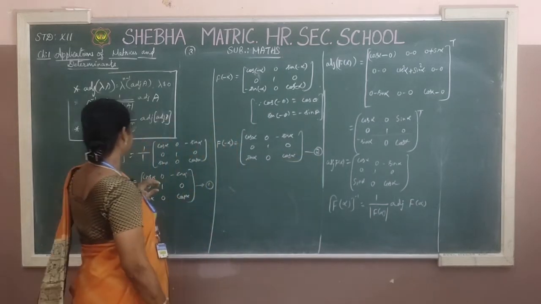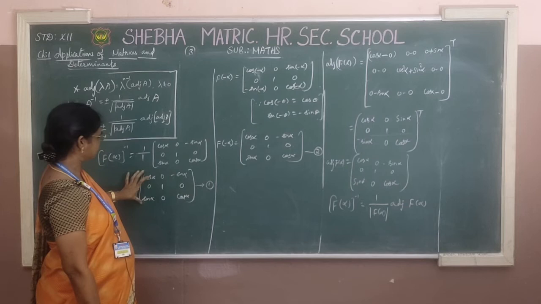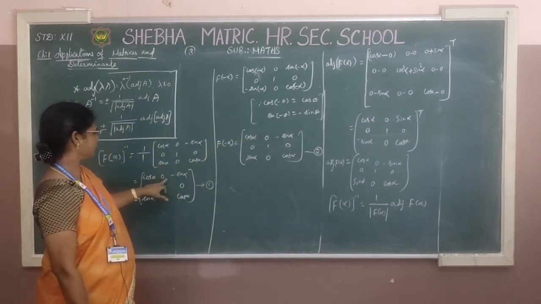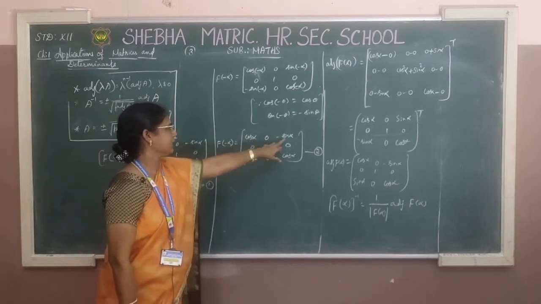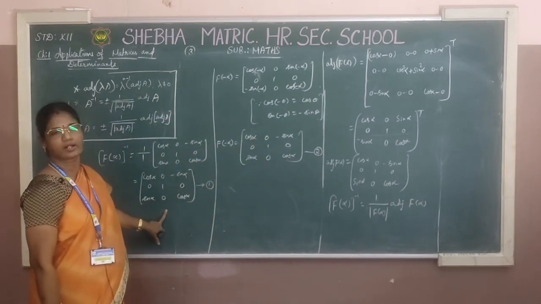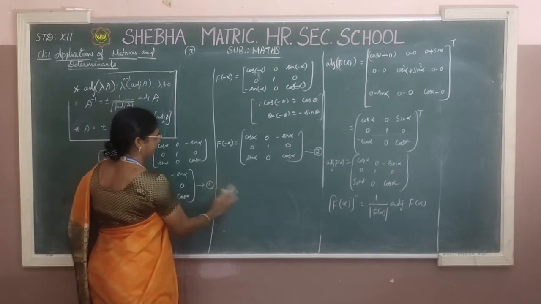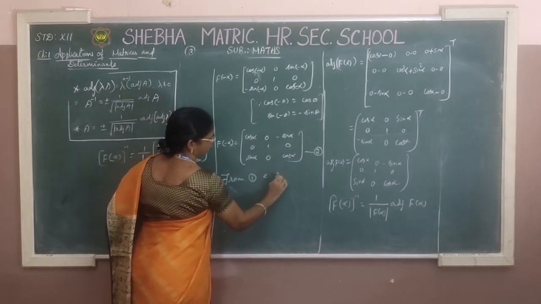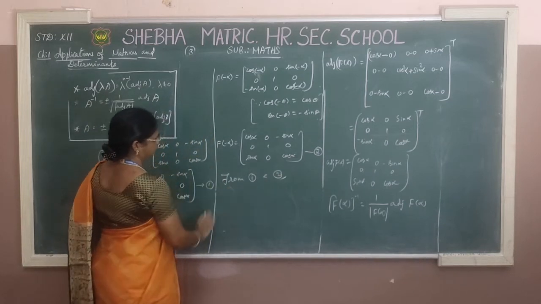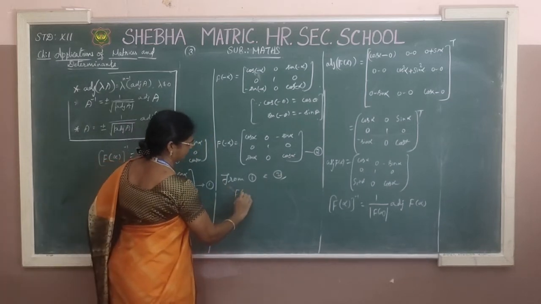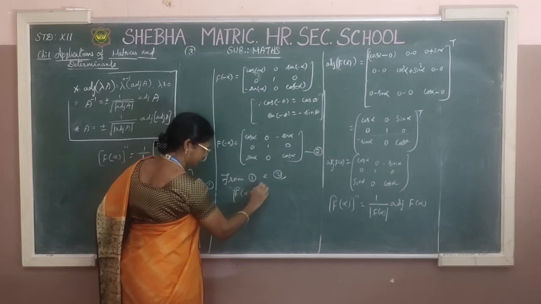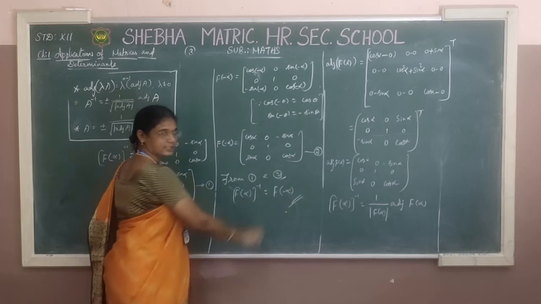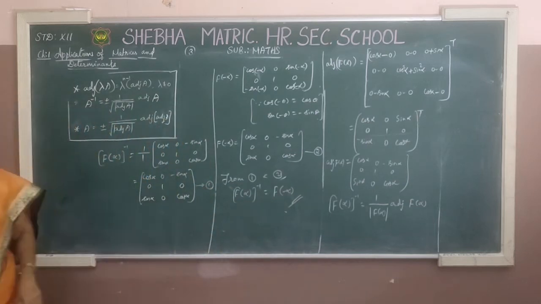Okay, and check the value in first equation and in the second equation equal. Listen, cos alpha 0 minus sin alpha. Here also the same, isn't it? So, these two are equal. So, we can write from 1 and 2, we prove the result. That is what? F of alpha the whole inverse is equal to f of minus alpha. Understood this?